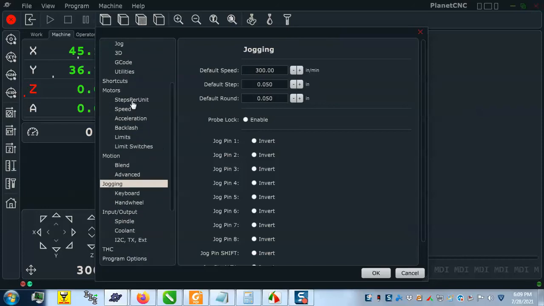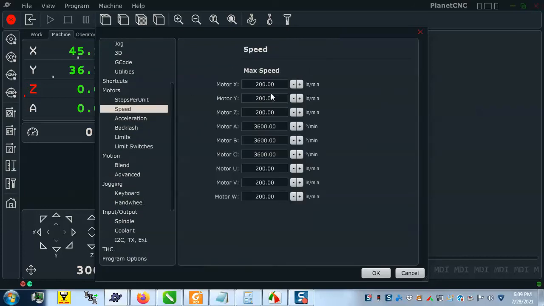So let's check again from top down. Speed right here, max speed is 200. So let's see what 300 looks like. So there you can see that you have to check all 3 speeds. Whenever you change one speed, change all 3. So the first one's motor speed, then the motion, and then jogging, and then you can fine tune, but